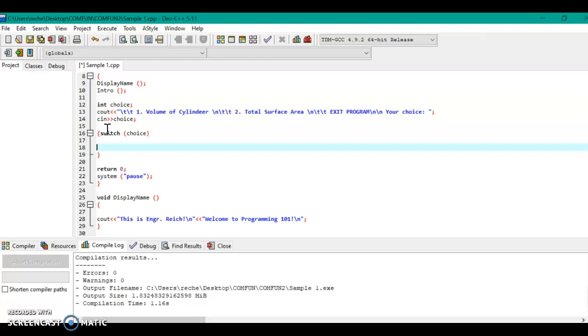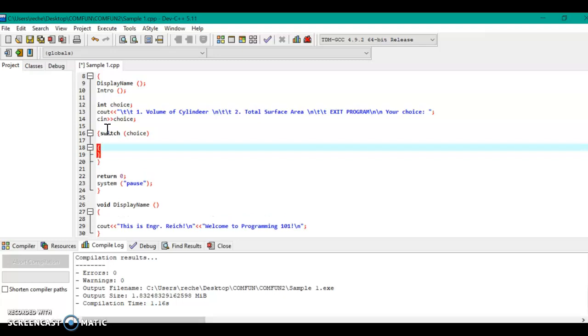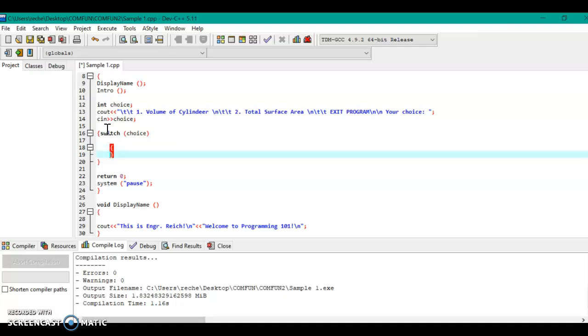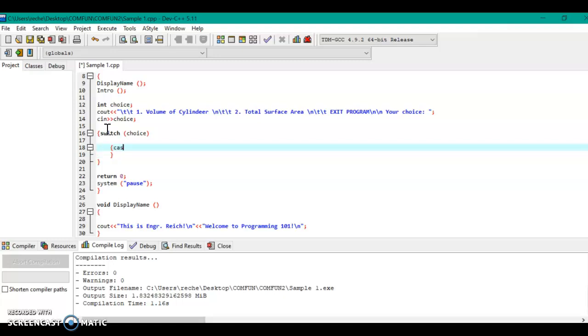So inside our switch command, we have the cases. Okay, so for case 1,